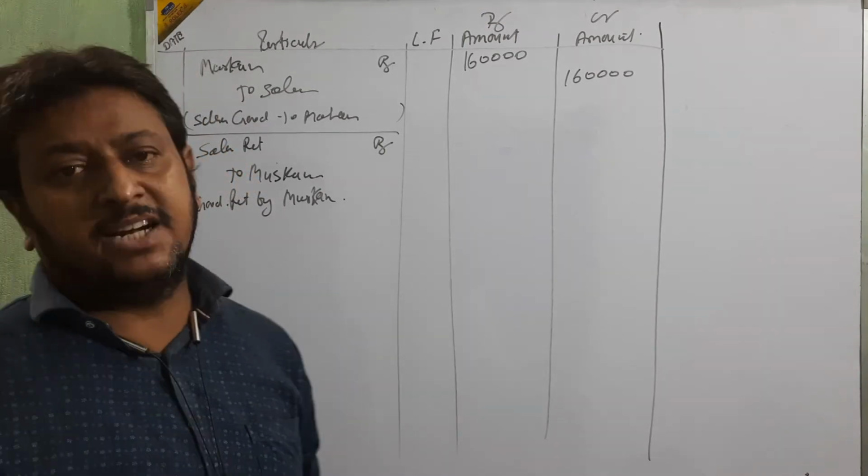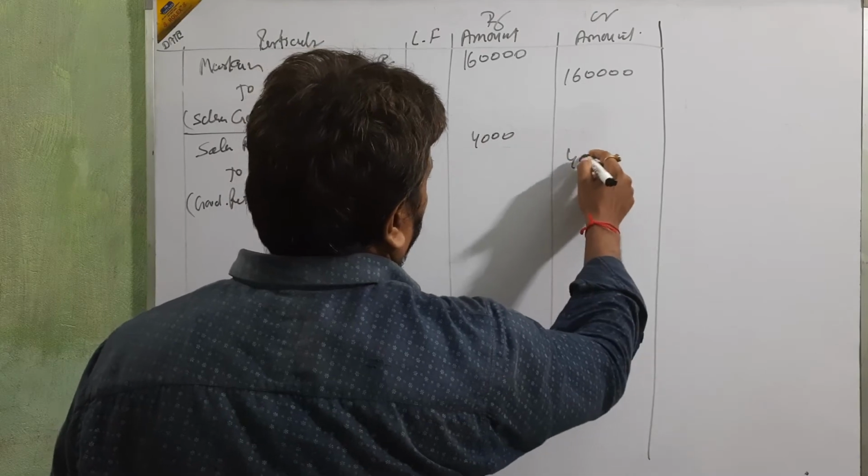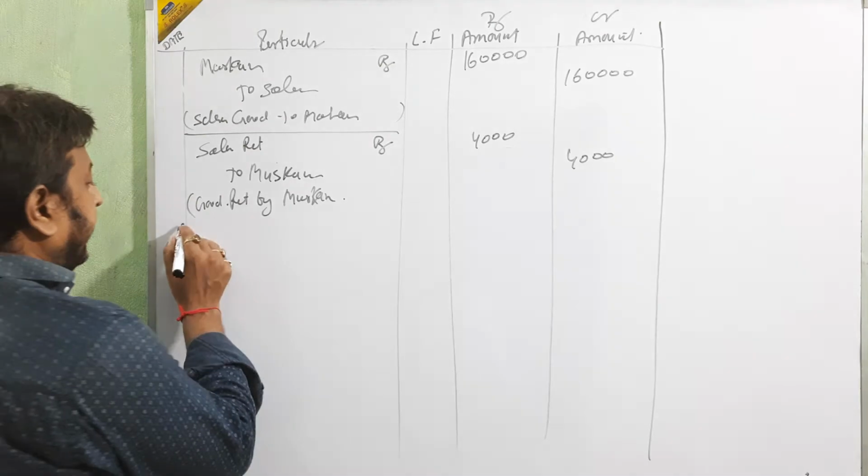5,000 less 20% trade discount 1,000. It means 4,000. Okay, beta? Clear? It means 4,000. Then next,